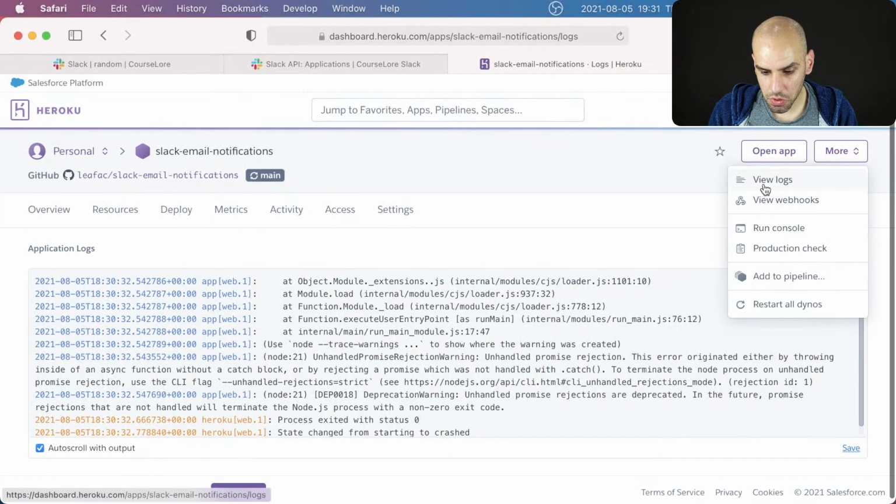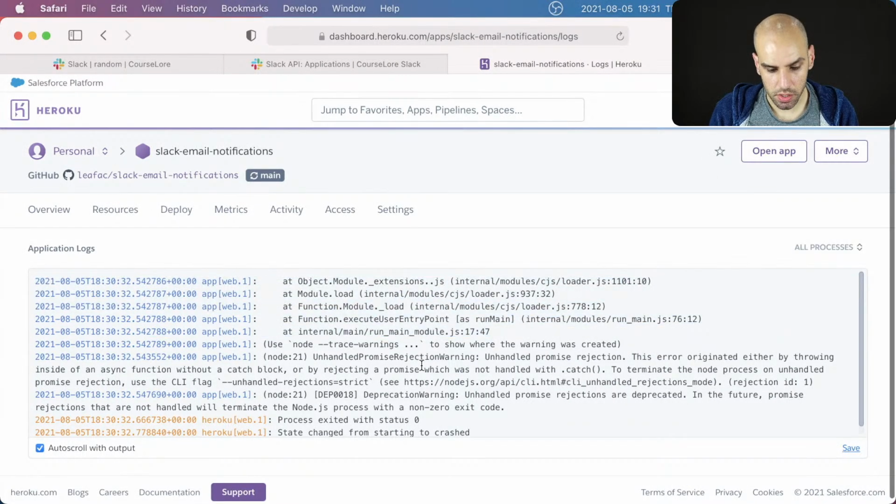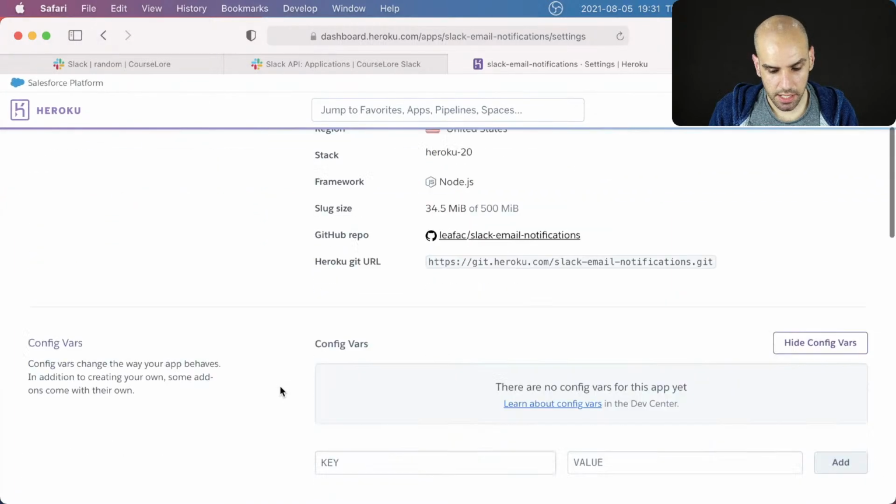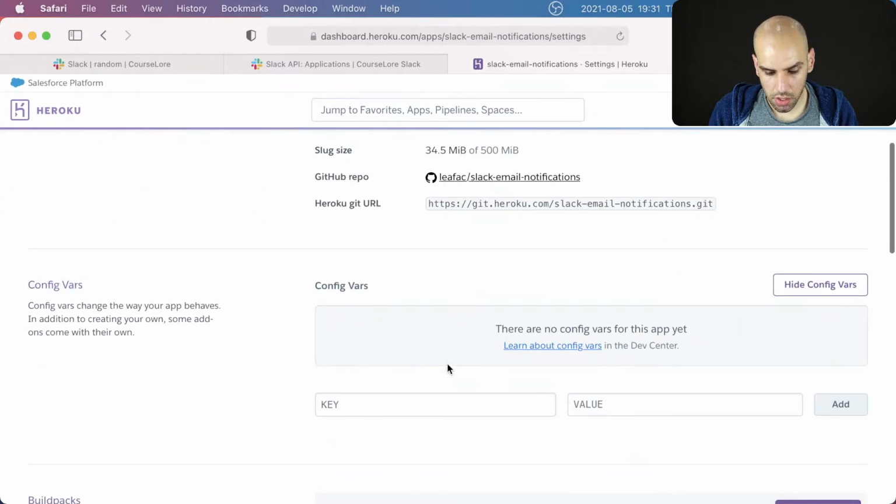So let me switch back to my face, and I'll go look at the logs. All right, so what I did was I came here to view logs, and I can see an exception, of course, because I don't have the environment variables. So let me go now to the settings. Oh, that's interesting. I came here to the settings, and it seems like the config vars are not showing the NodeEnv and whatnot, but they are environment variables that are set. So I think I am safe to add this environment variable.